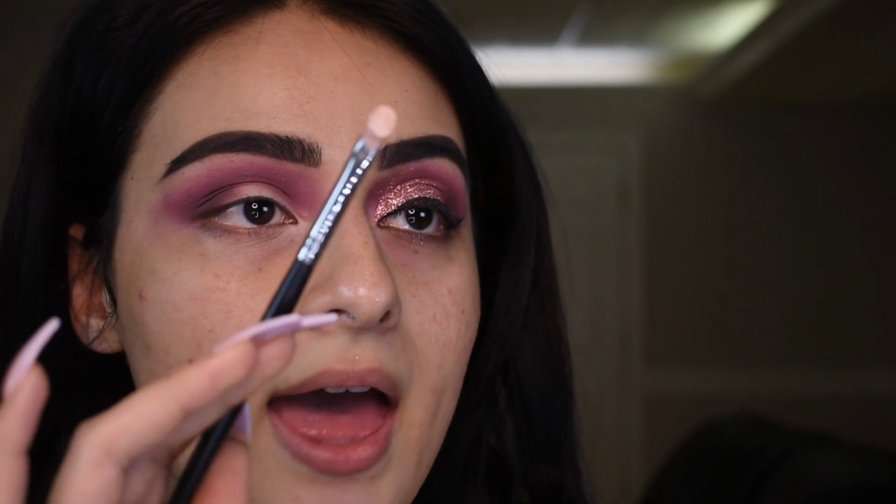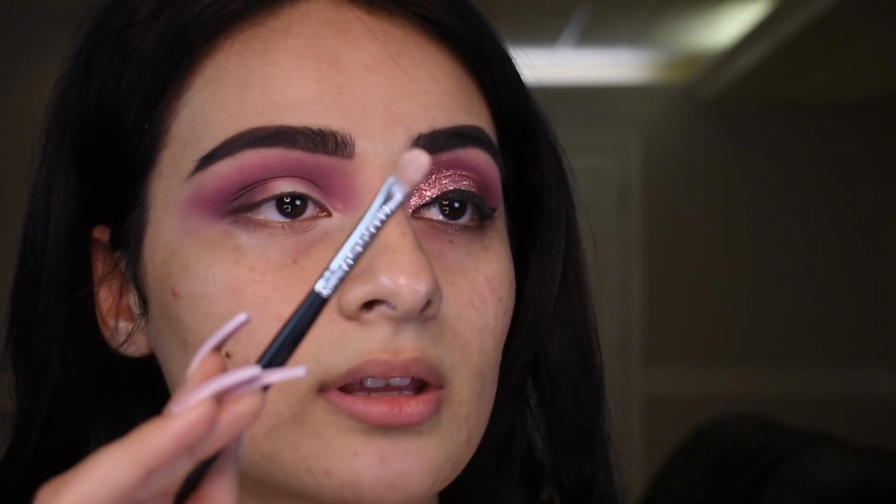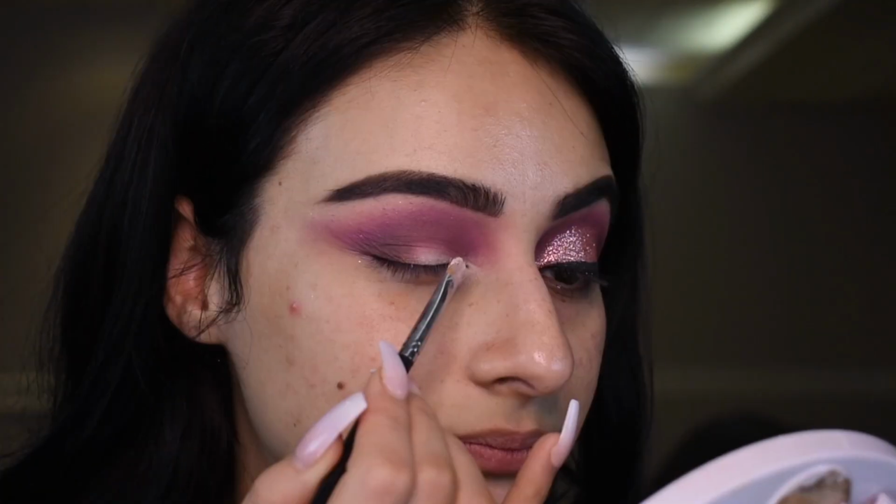Okay, so we're gonna cut the crease. You guys know the drill with this. I'm using a Morphe M124. It's a flat concealer synthetic brush, just like that, with some P.Louise base left over on my hand, and we're gonna cut it. Now I can't talk and do this at the same time, so we're just gonna